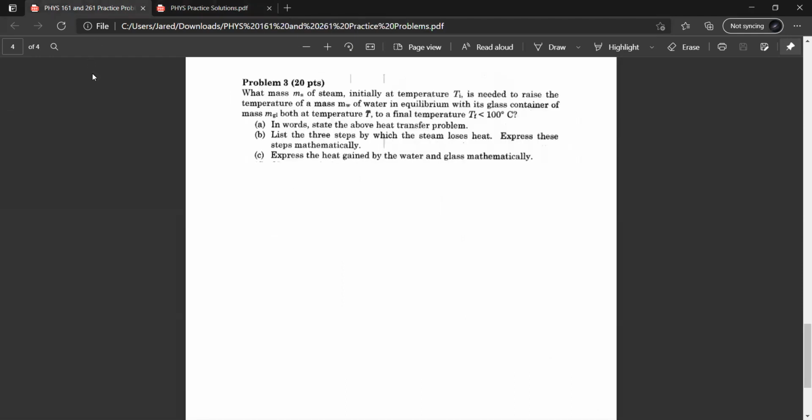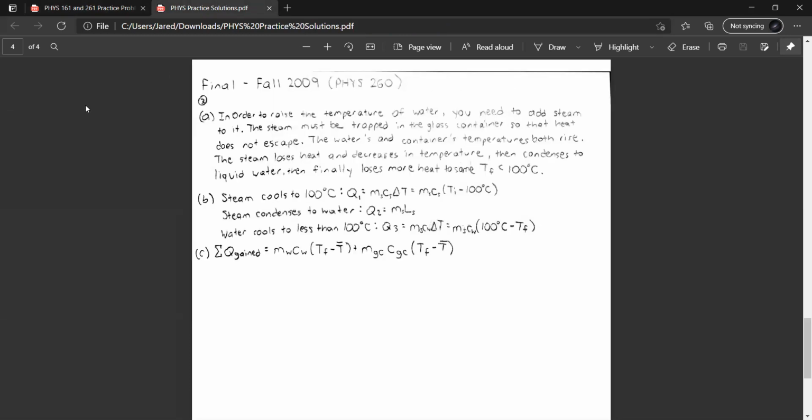And part C: express the heat gained by the water and glass mathematically. As the steam loses heat and turns into water, the cup and the original water gain heat. So we can write that the sum of the heat gained is equal to the two mcΔT equations of each component. We know that the mass of the water times the specific heat constant of the water times its final